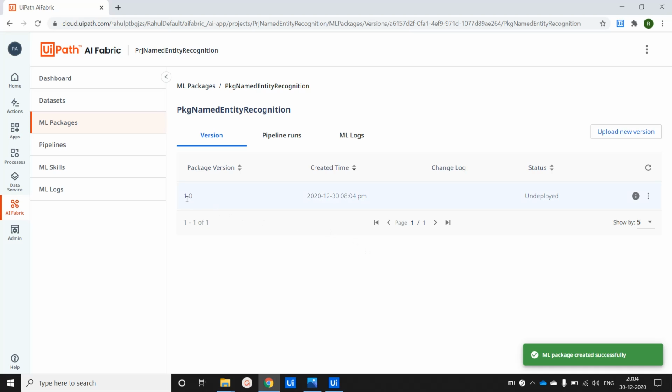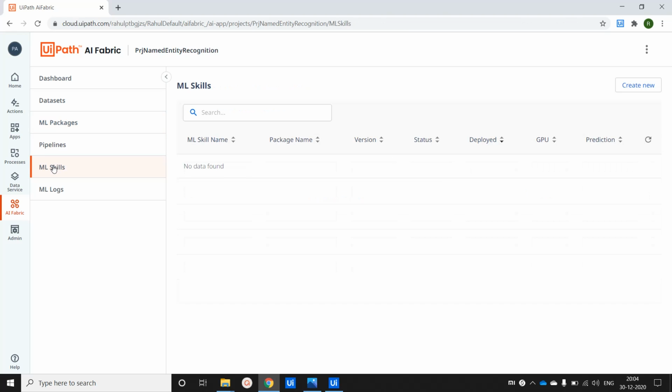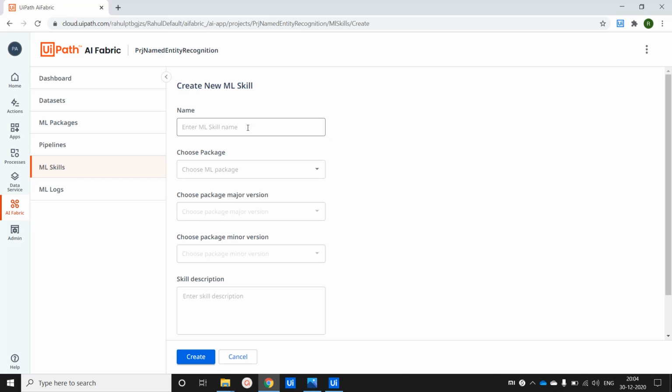Yeah, so once you are done with these steps, here is the status. You can see undeployed. So till now we haven't deployed it. So to deploy that package, we have to go to the ML skills, and then we have to create a new ML skill, and we have to provide a name to the ML skill like named entity recognition,